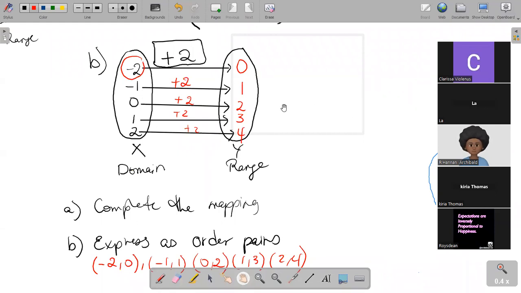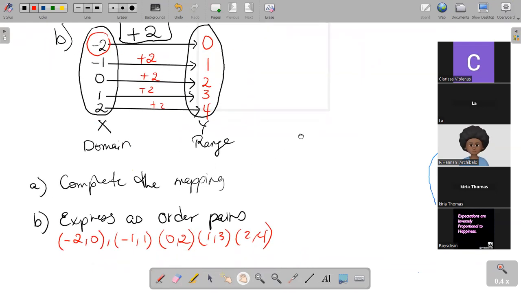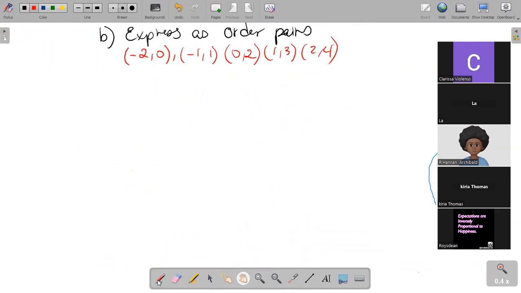So just a recap: input, output. You follow the instructions or whatever the rule is. In this case, it was +2. So we took every X value and we just added 2 to get the answers for our Y value. And as we see here, they were all connected. Now, sometimes CXC does give questions that look like this. They're going to tell you that